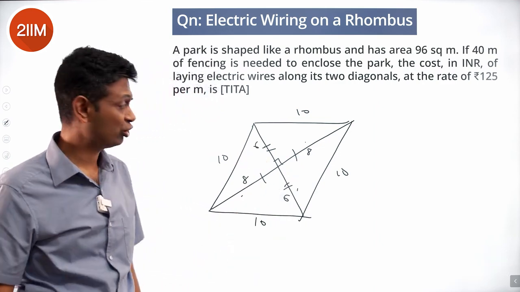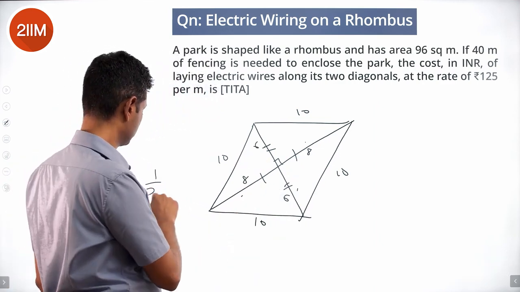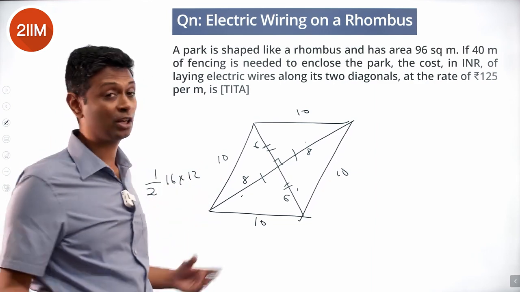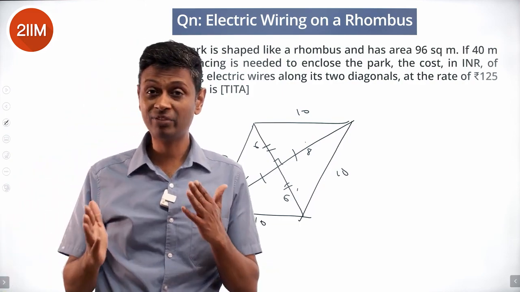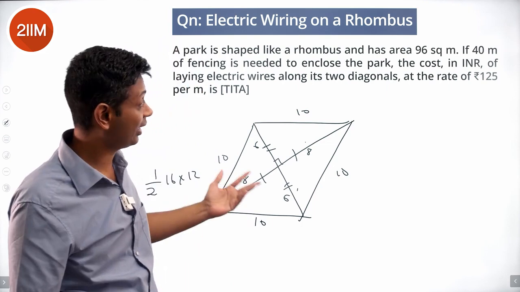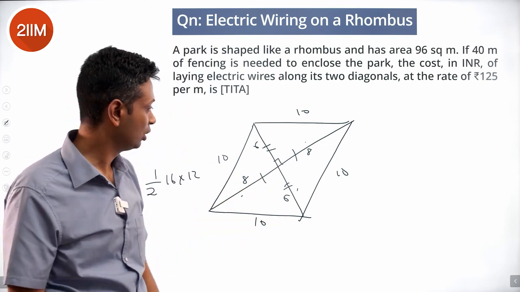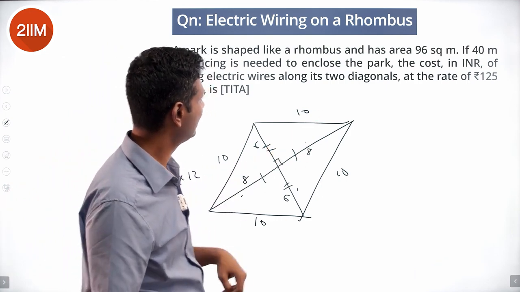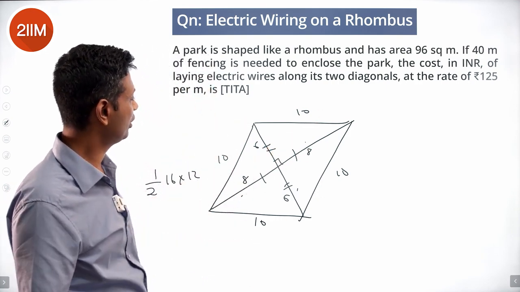Area would be half into 16 into 12, product of the diagonals, which is 8 into 12, 96, that works. So the moment I have hypotenuse 10, I'm thinking 6, 8, 10. Luckily enough, 6, 8, 10 works. This is a triangle we're talking about, this is a rhombus we're talking about. So along its two diagonals, along the 16 meter diagonal and the 12 meter diagonal, we're doing 16 plus 12